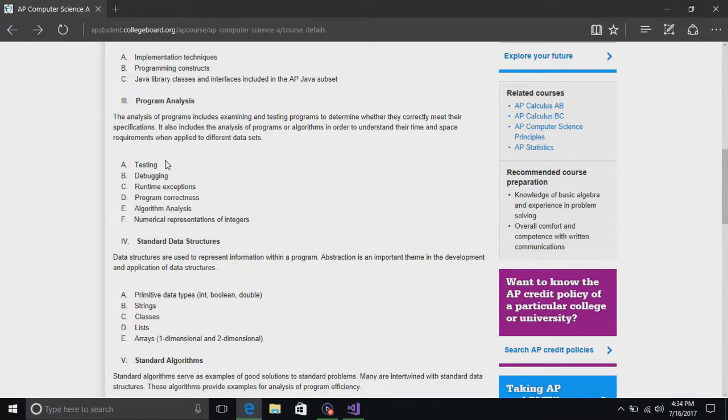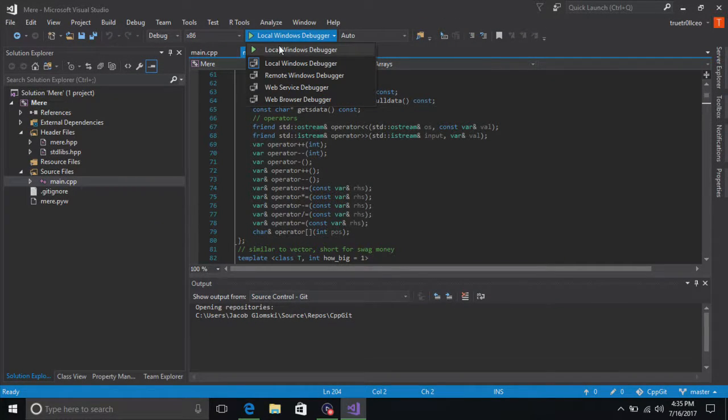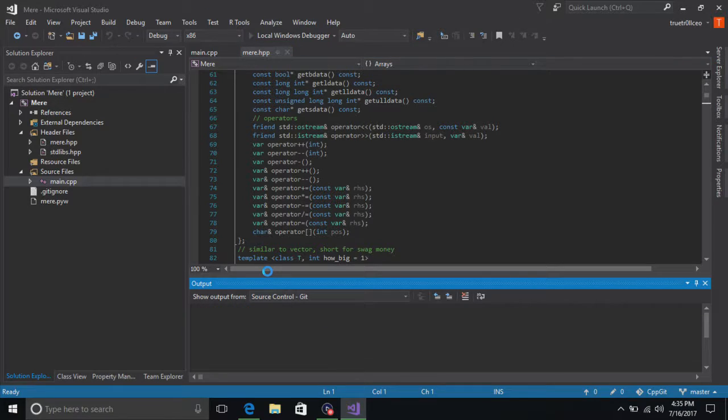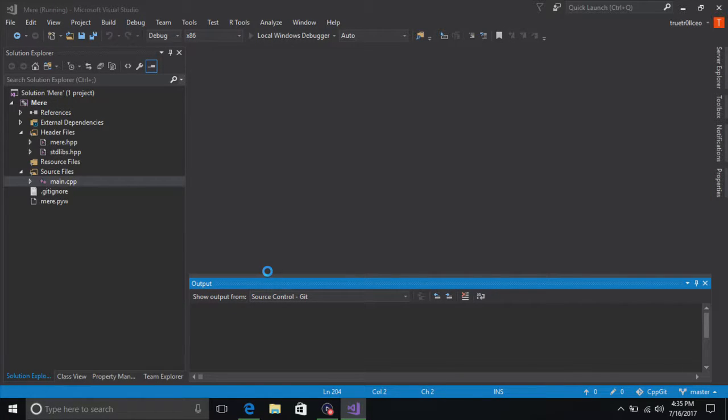Program analysis. Testing, debugging, runtime exceptions, program correctness, algorithm analysis, numerical representation of integers. So, testing. Hi.